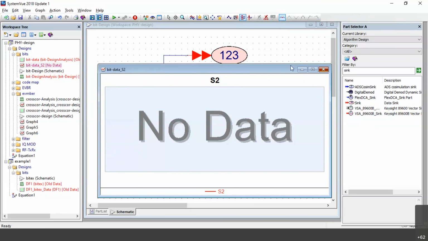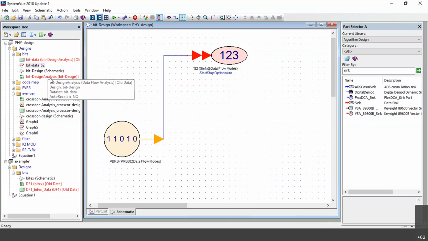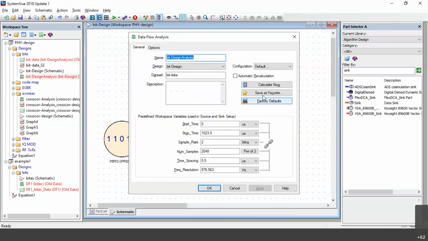I'll run again. I took sample rate 2 and you can take any number of samples, a power of 2 or something. Sample rate I took at 2 megahertz, right? And number of samples can be anything, either a power of 2 or 21, whatever you want, and just say calculate now.